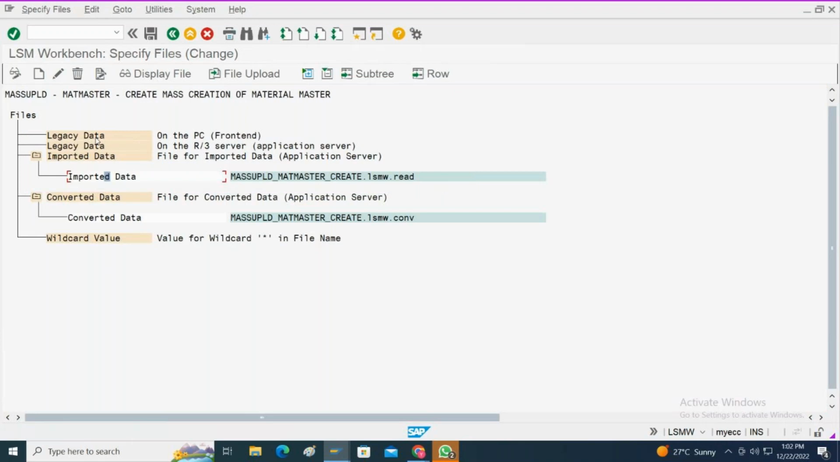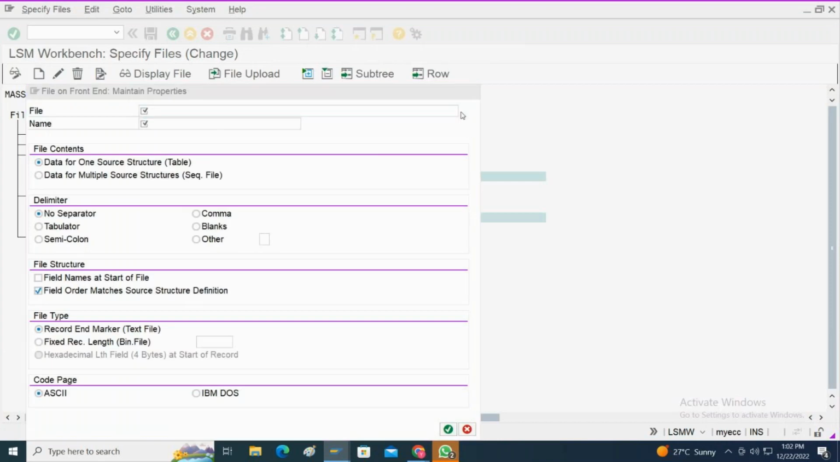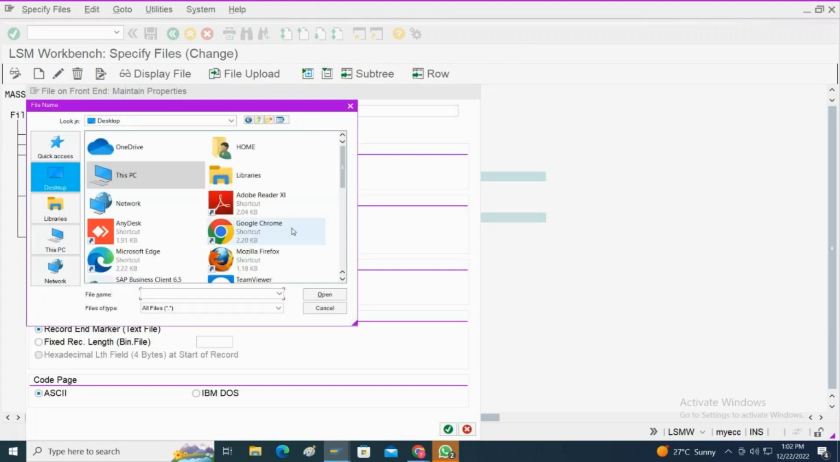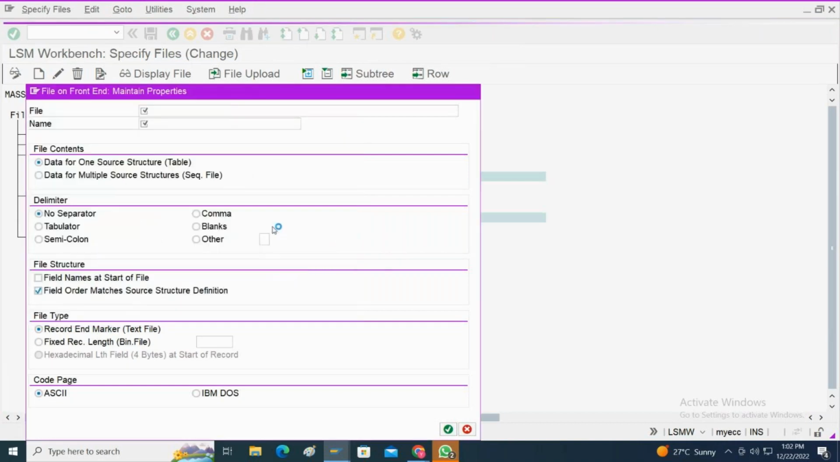I think we have to do it here. Let us see. I will go to the create. Here I will select the txt file that is available in the desktop, right? So I will select the txt file and I will give some naming convention, material creation,